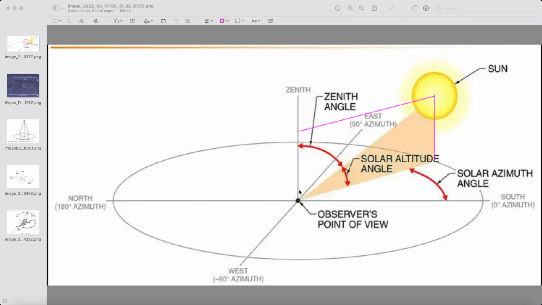So here is the sun, here is the zenith from the observer, right? Here is the angle, and here is the zenith angle, okay? This purple line here, I'll make it blue, is the zenith distance. This is the sun, but this is the co-altitude. So this is a co-altitude zenith distance, as the observer's zenith matches the altitude